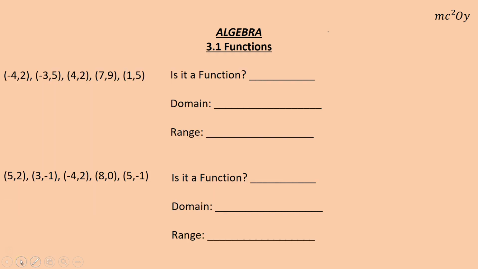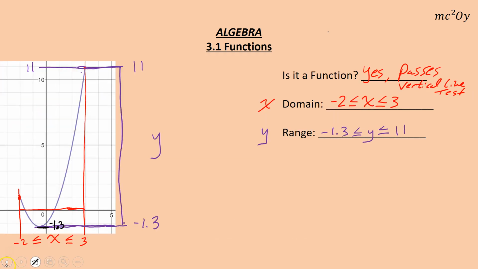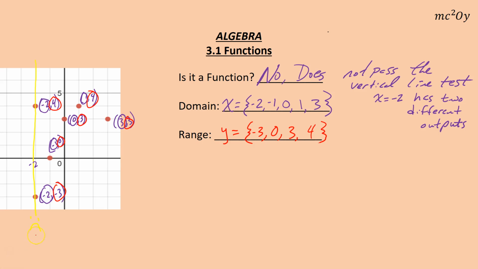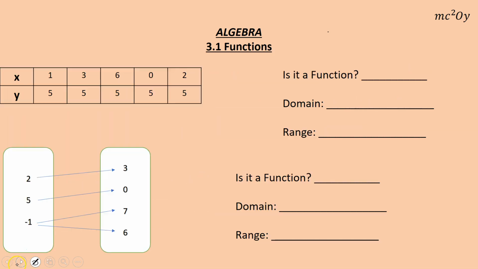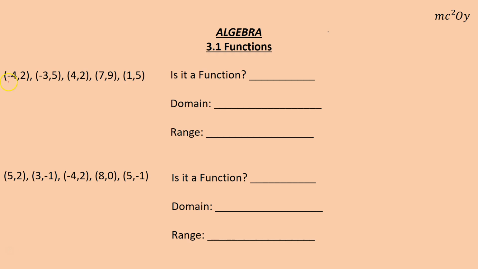Okay, so looking at it in terms of points. Now that we don't want to graph it every time, if you recall, back when it wasn't a function, if we look at just points, whenever you had x values repeating, it wasn't a function because you had them go into different y values. So when you're just looking at points, rather than having to graph it, if I just focus on these points and look at my x values, if your x value repeats, which in this case it doesn't,